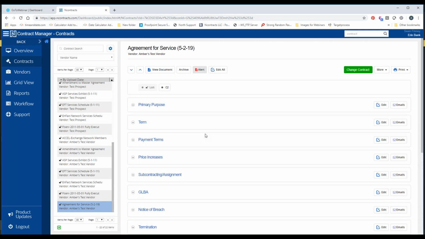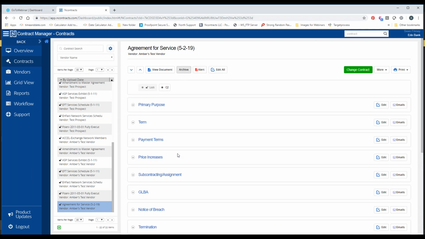Let's say you wanted to get into the system and archive a contract. This contract maybe is no longer effective with your vendor. Perhaps you've got another core processor. Perhaps you're just sunsetting a product. You can archive any agreement. If you don't have the agreement on hand and you don't know where it lives in the filing cabinet, do your search features, find that agreement by either vendor name or contract name,